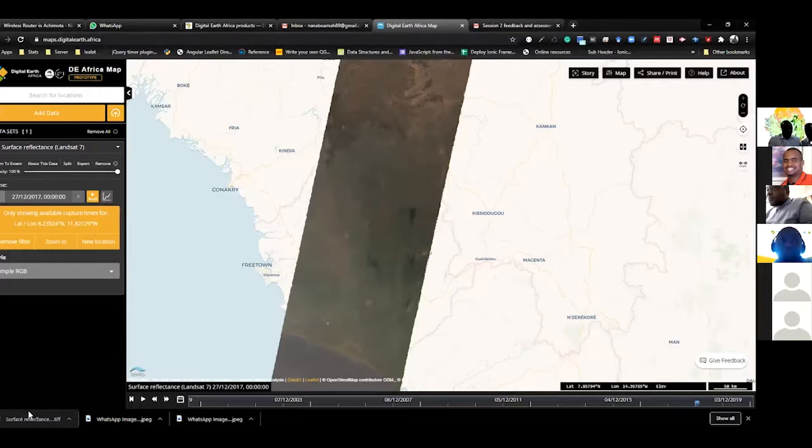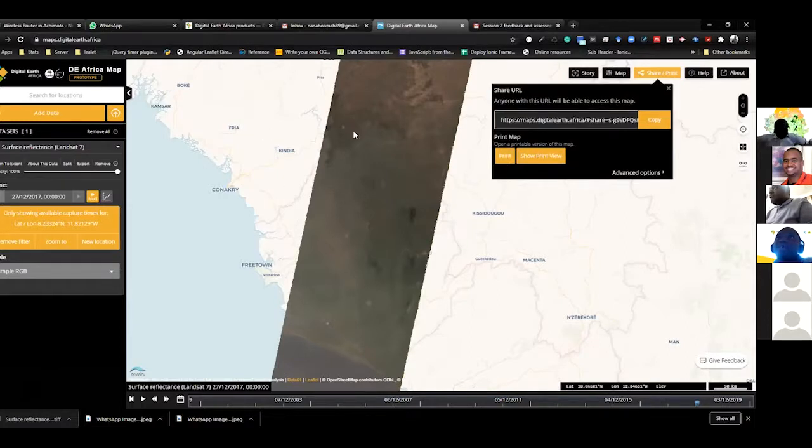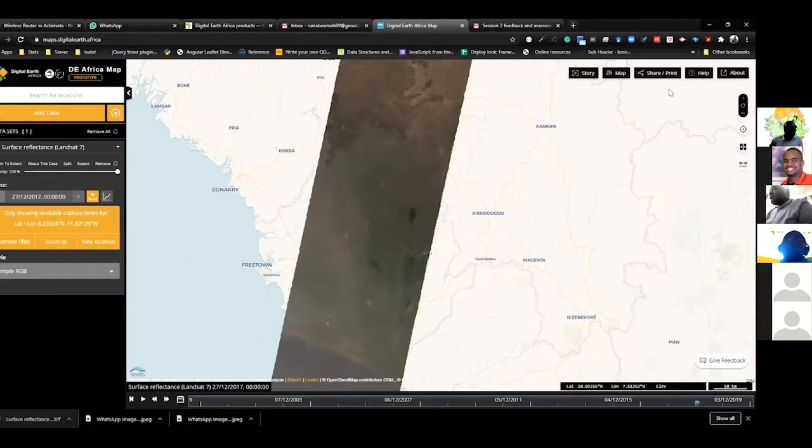So that's one way to export the data you just selected that you wanted to work with offline. And one way also you can do, maybe if you want to print out the map, is to use the share and print button. Once we click on that, you'll be able to print the area of interest you are working with, or you can share whatever you've seen on the map. You can share it with others for them to also see what you just saw through the share